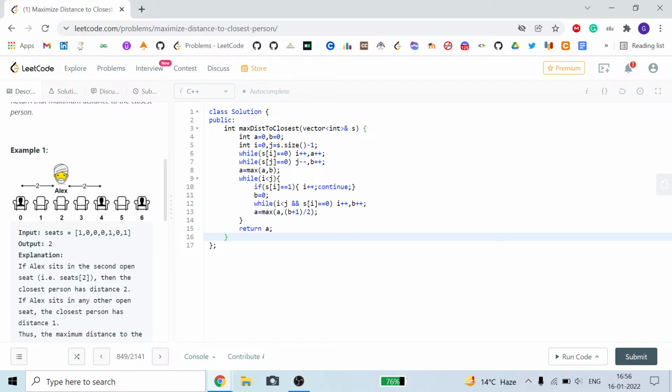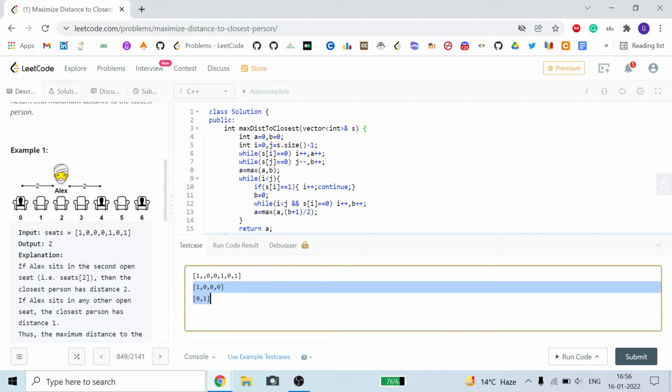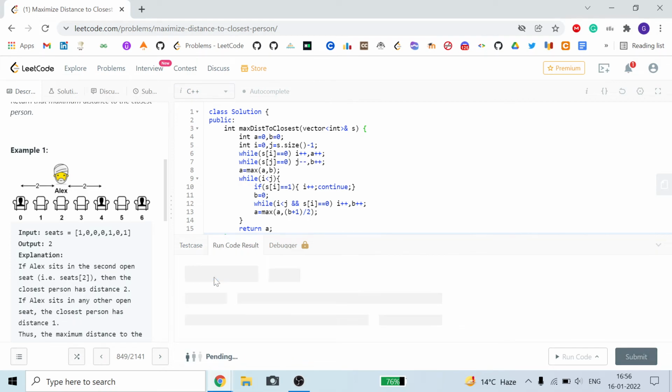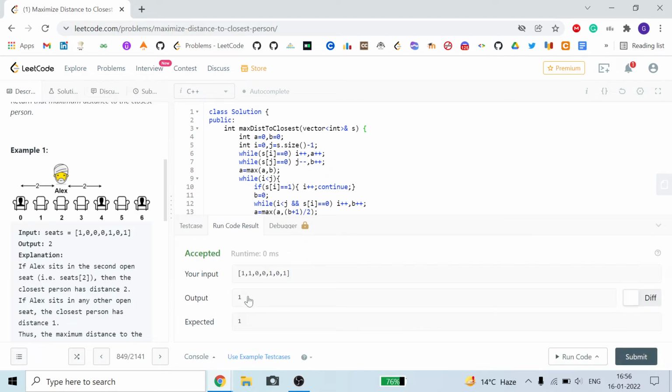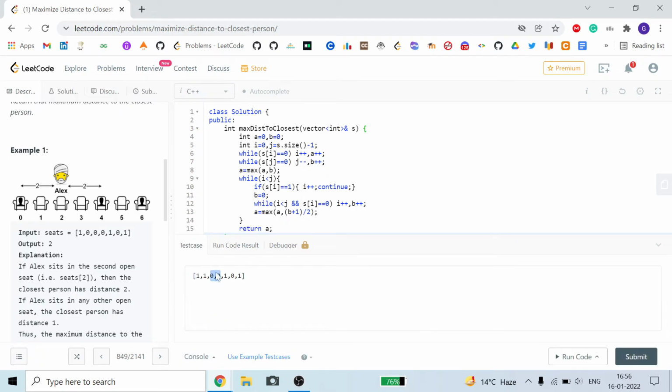But if it has only two zeros and here is also 1, like I am explaining your case, like here 2 zeros, then here b is equal to 2 and the maximum distance is equal to 1. So I am showing you the answer. The maximum difference is equal to 1 because either we have to put it here or we have to put it here, and in this case we can put it here and get that distance of 2. And I have run this code already.